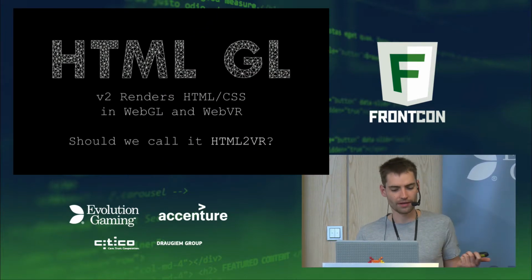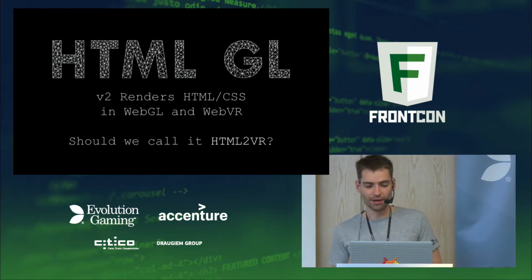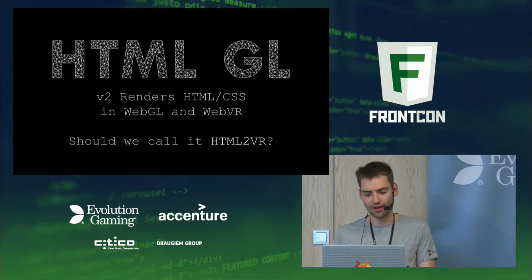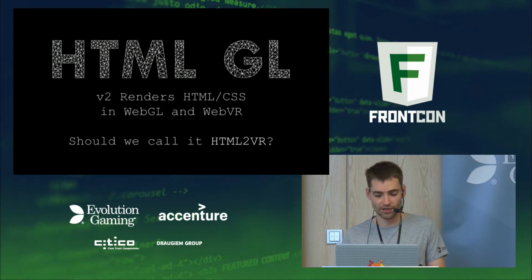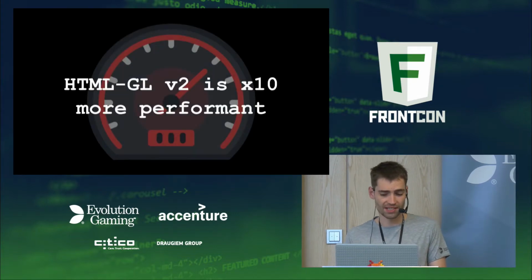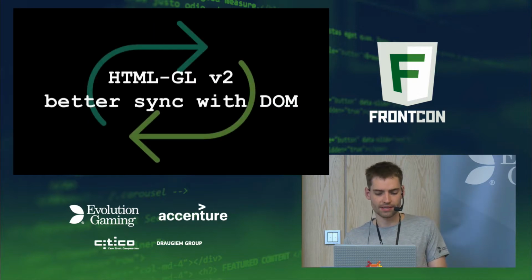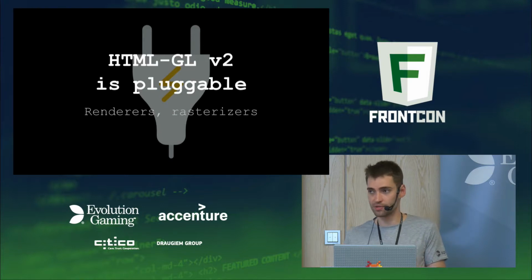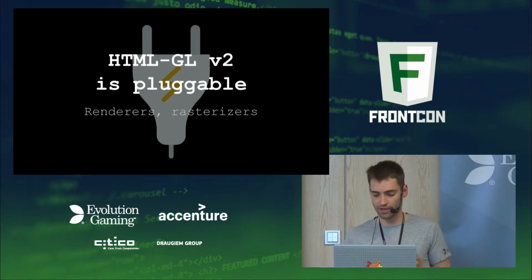And 1 year later, I did it. Not released, but it's there in the HTML.jl v2 branch. You can find it on GitHub. So there is HTML.jl version 2, which is approximately 10 times more performant in re-rendering, and it has better sync with DOM and styles. It's pluggable in terms of renderers, first of all. So you can render to 2D space, you can render to 3JS, Babylon.js, and